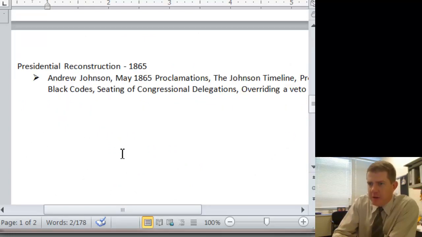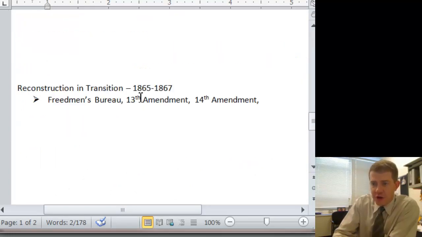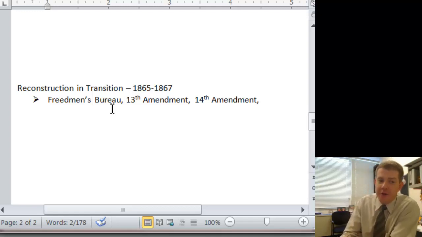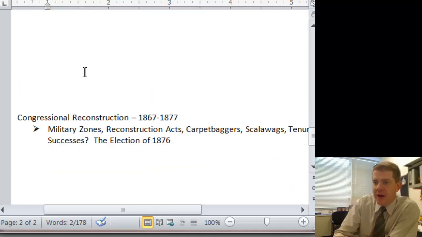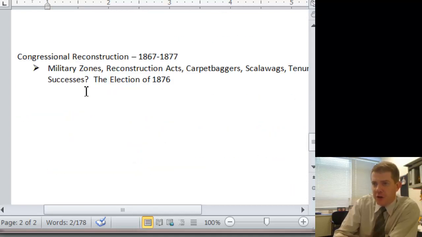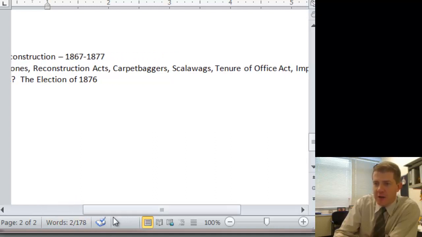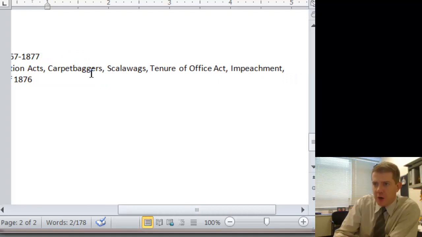And then we have the checklist, right? The checklist. And then we have Reconstruction and transition, which is simply what's happening between presidential Reconstruction and radical Reconstruction as the Congress is back, but they don't have enough power to quite take over yet. And then finally, congressional Reconstruction. And that's the idea of those military zones, putting the military back in, the passing Reconstruction Acts, these three groups,